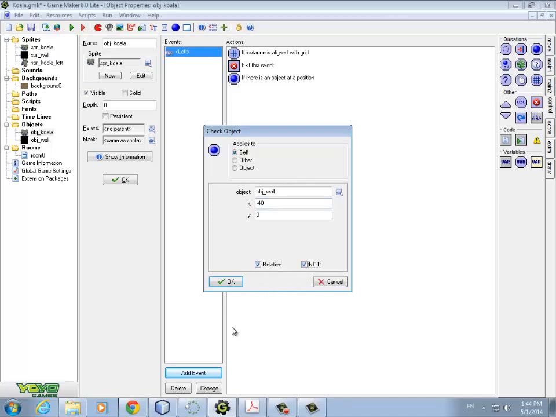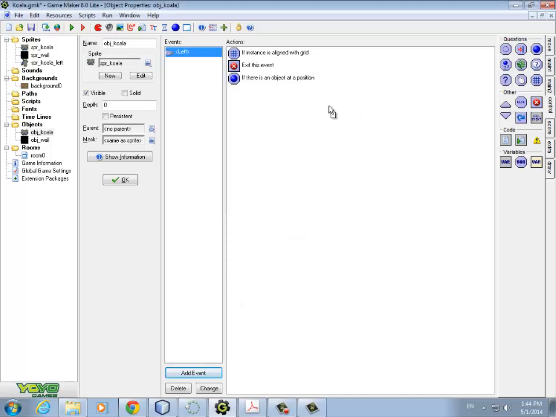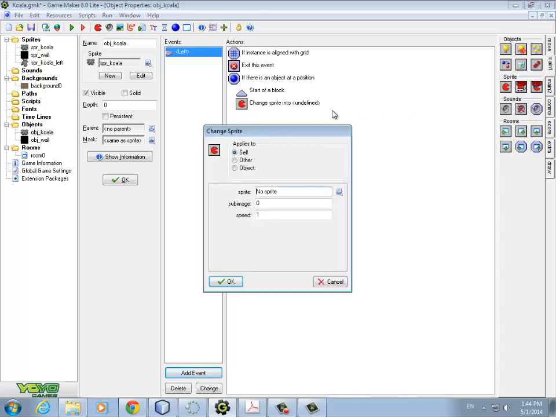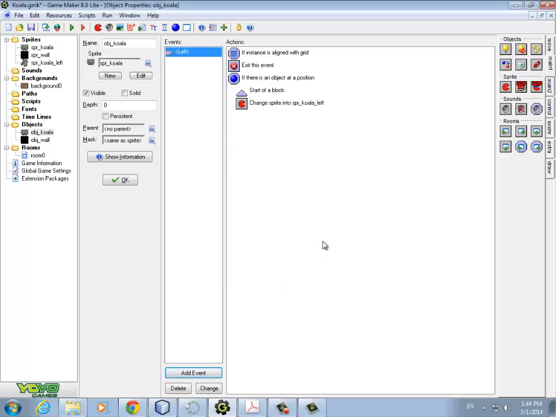So if there's not a wall to our left, then we pull out a startup block, and we want to start. Well, first we want to change the sprite. So let's do that first. Here we change the sprite to object koala left, or sprite koala left. We'll leave the speed at 1 and the subimage at 0. That will change the sprite to the left moving sprite, and it will also start the animation so it looks like he's walking. And then we want to set the speed